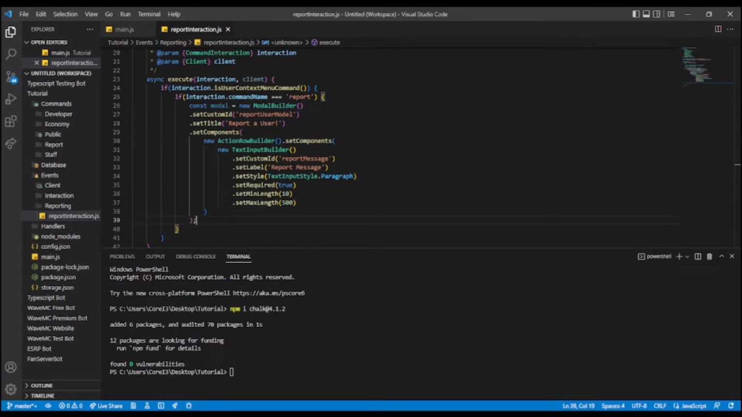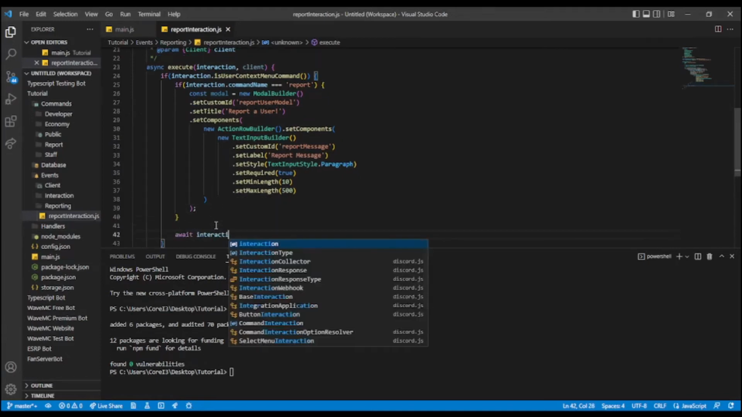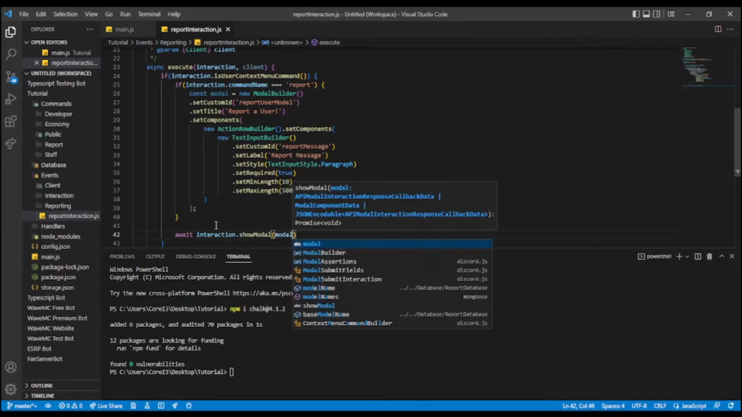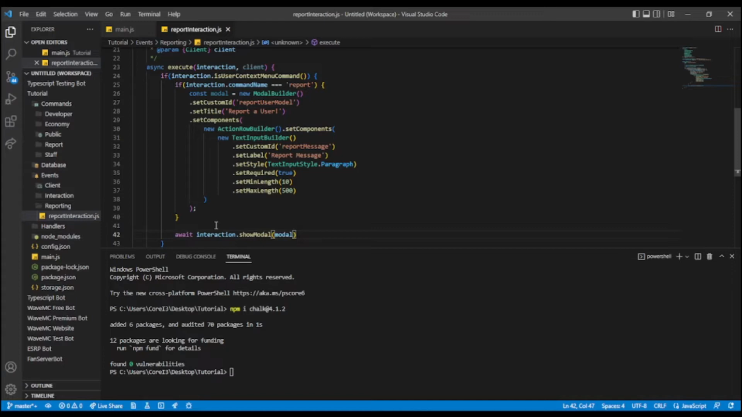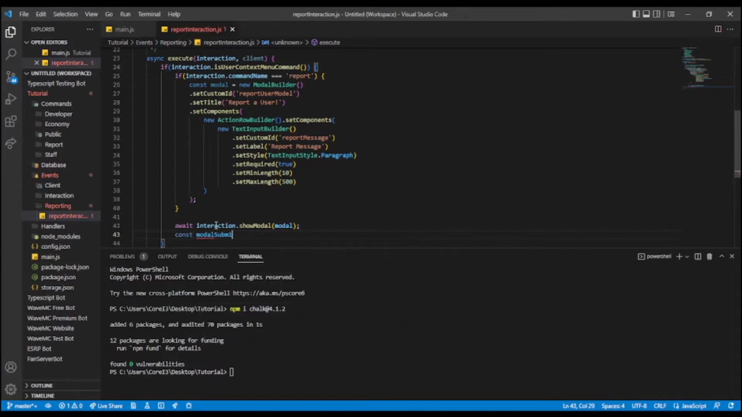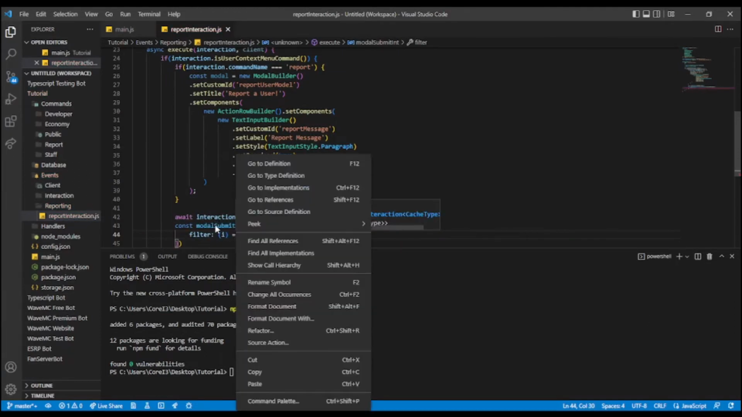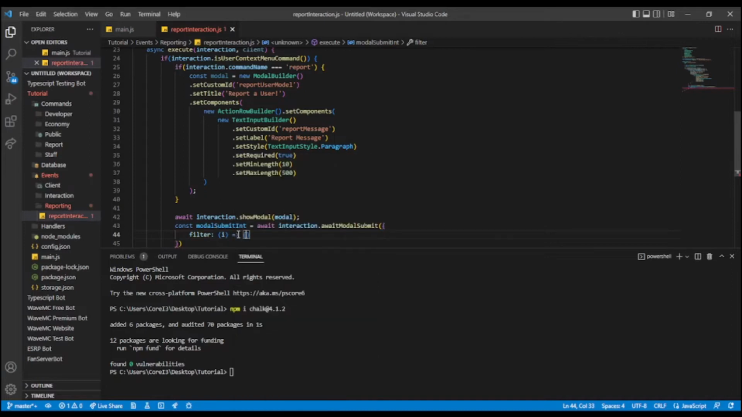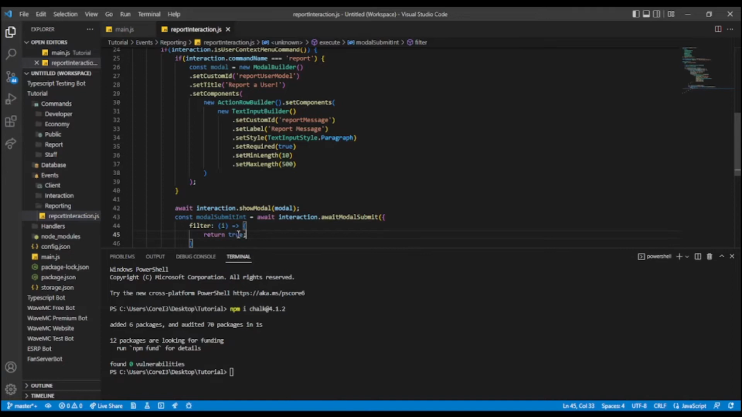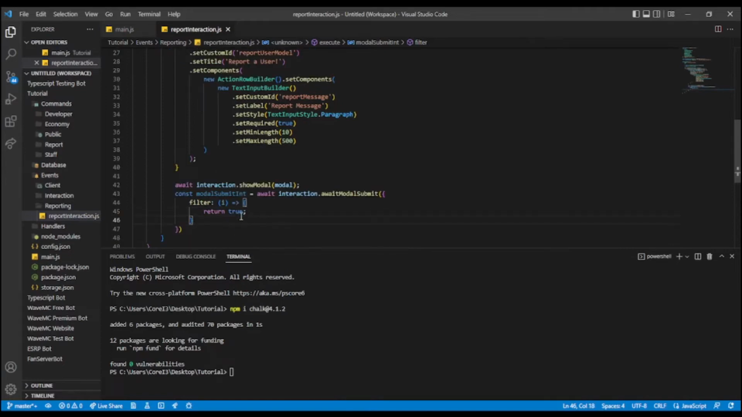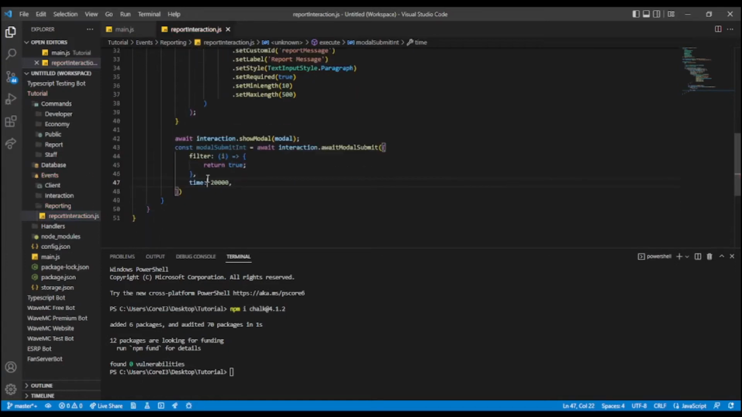Alright, so after that we now need to await interaction.showModal, const modalSubmitInt equals await interaction.awaitModalSubmit, filter i. Oh my god, that's meant to be an arrow function. Return true. Alright, and then we want time 20,000. Alright,